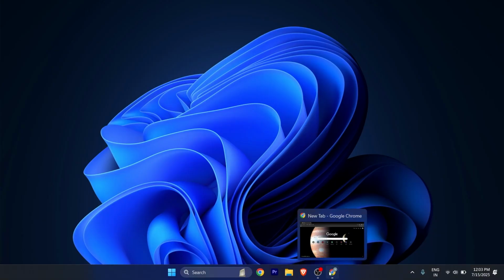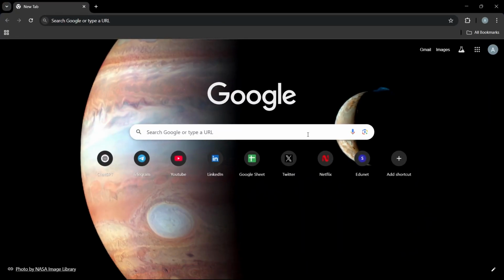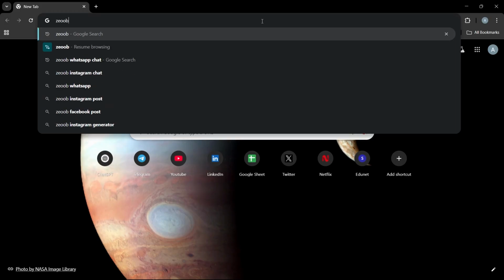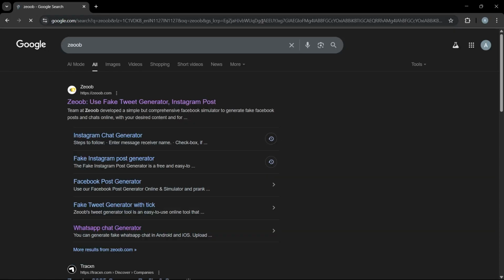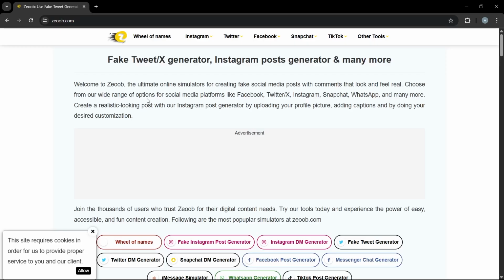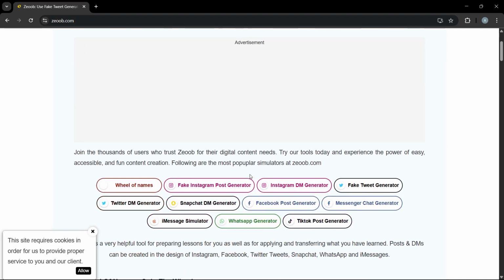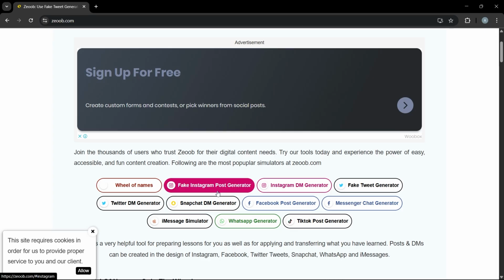Now in order to do it, all you need to do is to simply open any browser you have, and here you have to search for Zoob. It spells like Z-O-O-B. Just go to this website and open the first website that appears right in front of you. Once you open it, here you need to scroll down until you find this option which says fake